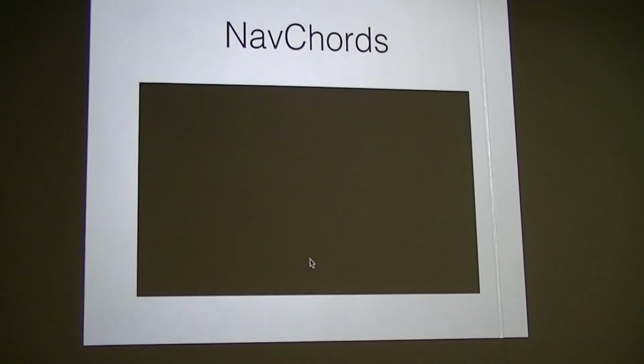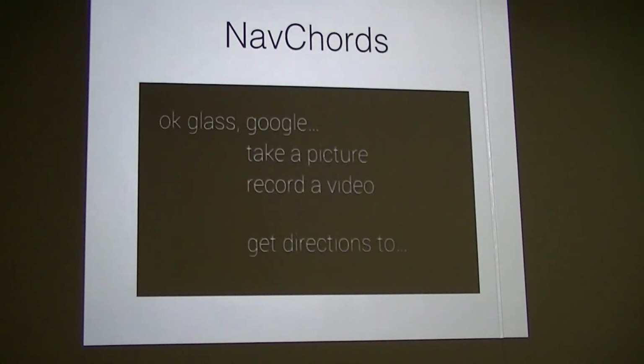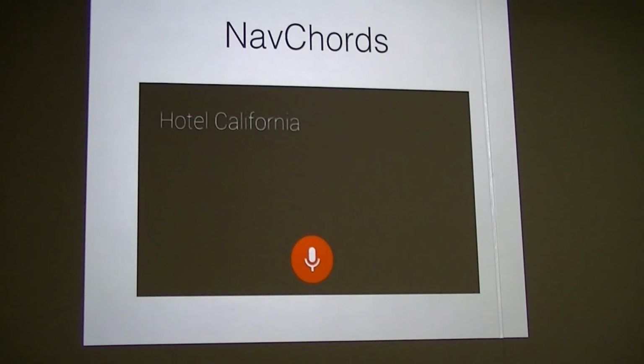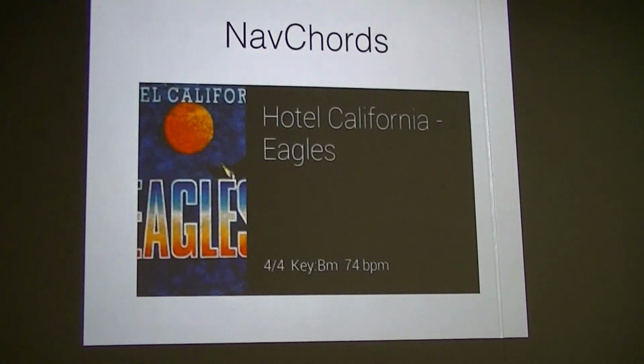So here's another demo of a broader vision I'm working towards. This is a hack I put together at the Google Glass Hackathon, the GDK one, and it is called NavChords. This one is useful when you want to play a song and you have an instrument in your hand. You search for a song, it will search a mysterious database and show the song.